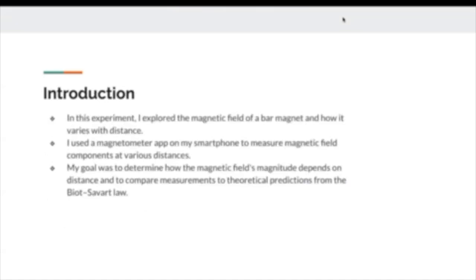In this experiment, I explored the magnetic field of a bar magnet and how it varies with distance. I used a magnetometer app on my smartphone to measure magnetic field components at various distances. My goal was to determine how the magnetic field's magnitude depends on distance and to compare measurements to theoretical predictions